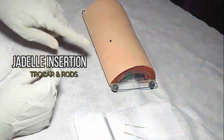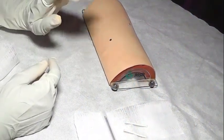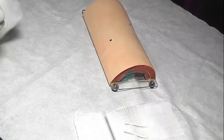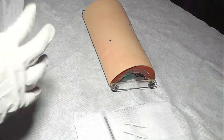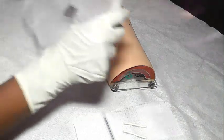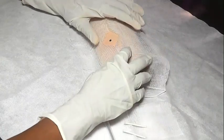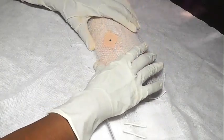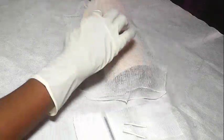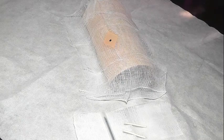So now the area is dry. We can see that the antiseptic is already dry. So you place your sterile drape over the area. So this is it. Now you can see that I'm only exposing the site of the insertion. Okay. The next thing to do is to